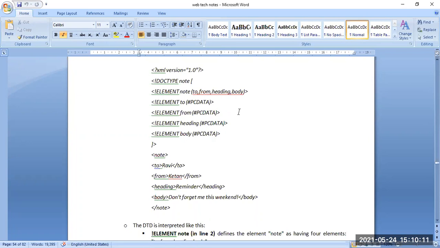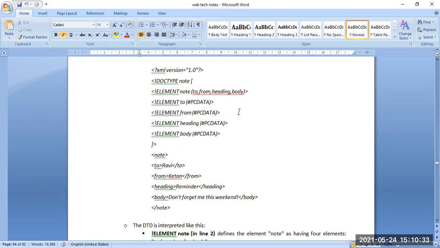Now we are putting the data in the to section, Ravi; from section, Ketan; heading section, Reminder; and body, Don't forget me this weekend. So Ketan is sending a message to Ravi as a reminder that he should not forget him this weekend.